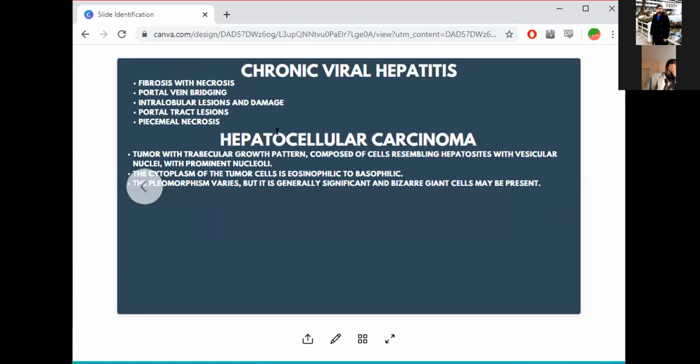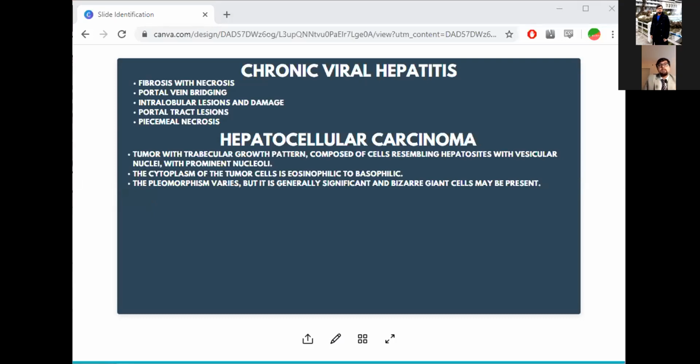So we come to the final two slides. Now, the reason why I have not put a slide here is because I want to show you viral hepatitis and hepatocellular carcinoma in this software that I use. It's called BioLucida Viewer. It's issued by the University of Iowa, and it is free for everybody to use. So I would suggest that if you have a laptop or a computer, download it, study from pathology outlines, and then look at the same slides again. Okay? Because it is not possible for all of us to have access to slides. This is a good alternate. That's all. So let's go to chronic viral hepatitis, right?